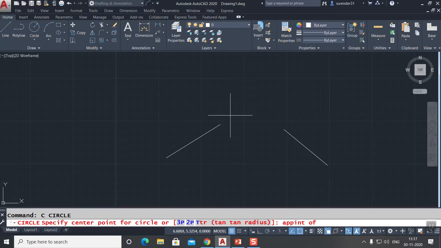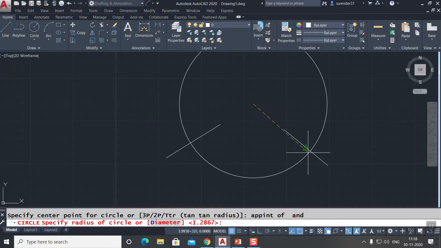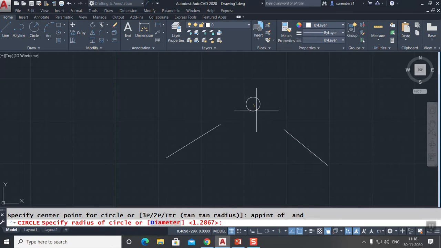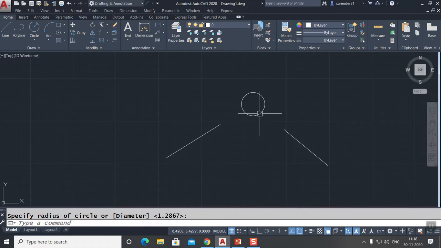First, what you need to do is click on any of these objects. It's not that it must be left or right, you can click on any of the objects like this. Then place the cursor on the other line. Don't click yet. It is showing you the point where these two lines will meet, and then you click, and the apparent intersection point will appear for you like this.